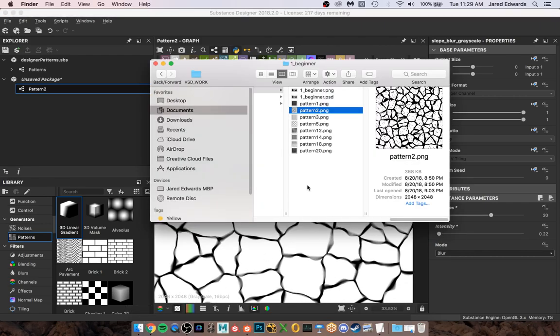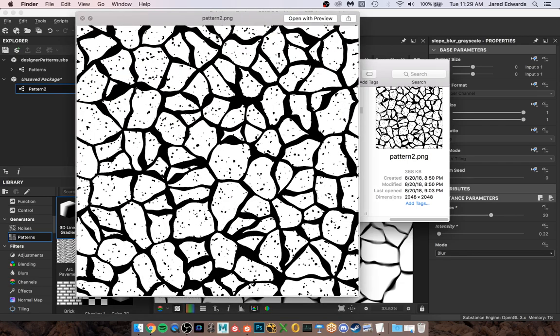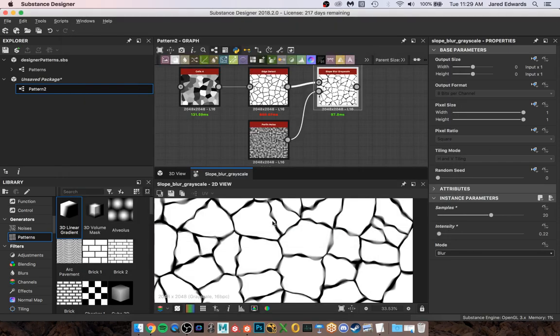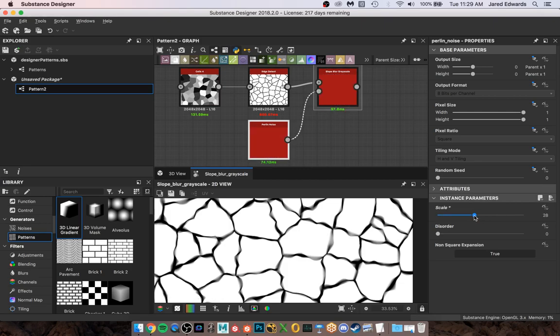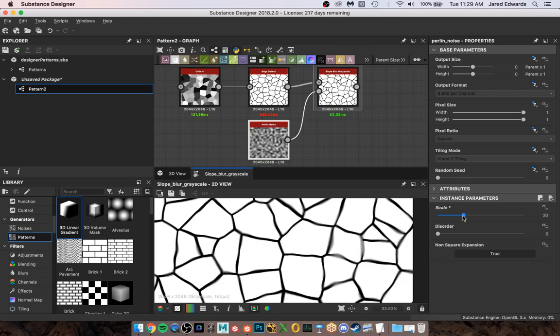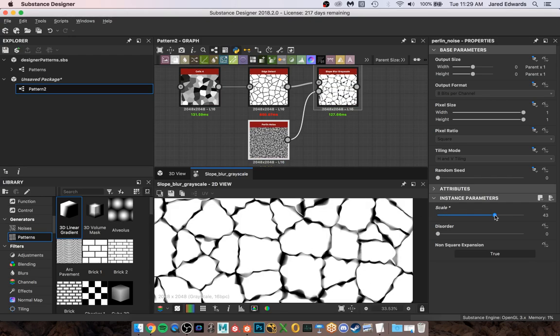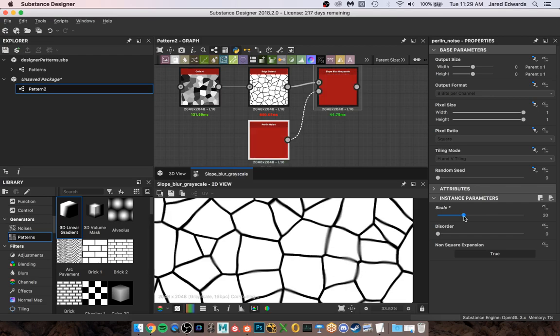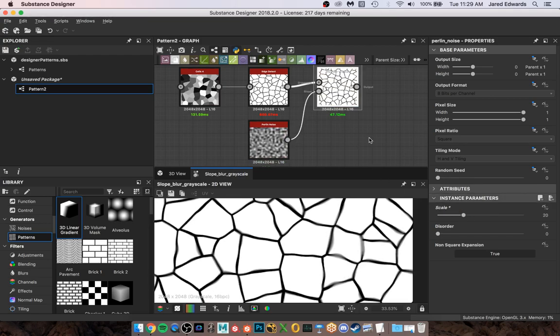Let's go look at the reference again. I'm seeing the waves as being a little more broad and large. These have a lot of small pockets. Now the nice thing here is because it's all coming from the Perlin noise, the scale of the Perlin is going to affect how big those waves are. Because again, that's what's distorting the texture. So let's bring down the Perlin scale. Notice as I reduce that, they're a little bit more broad and swooping and not as intense and small scale. So let's do something around 20 maybe,